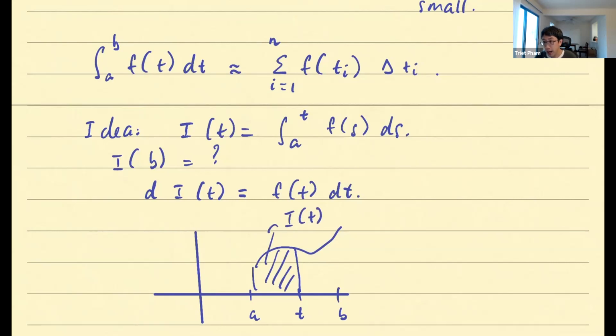When we say dI of t, what we mean is, let's just increase it a little bit to this time interval, right? And of course, our integral will pick up this new shade. But this new object is exactly dI of t, that new area that we pick up by moving time from t to t plus dt.